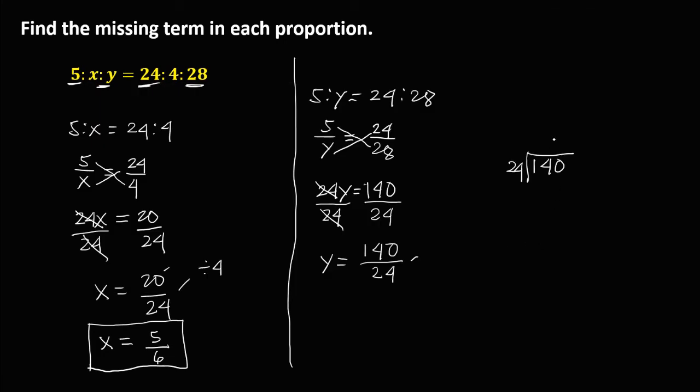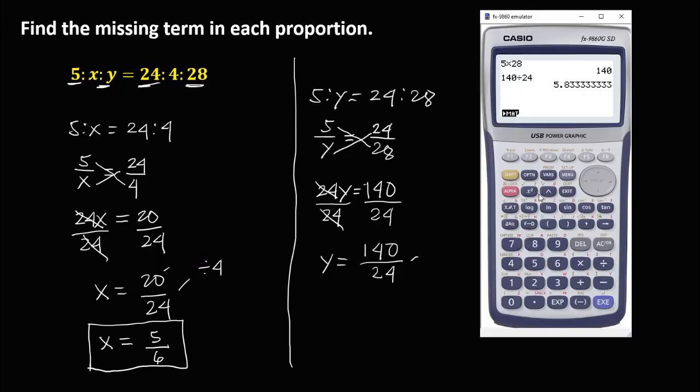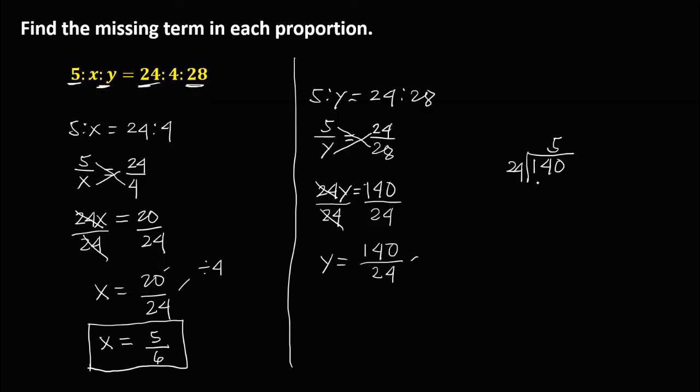Then 5 times 24, that's 120. Then 140 minus 120, this one is 20. So this 140 over 24, y is equal to 5 and 20